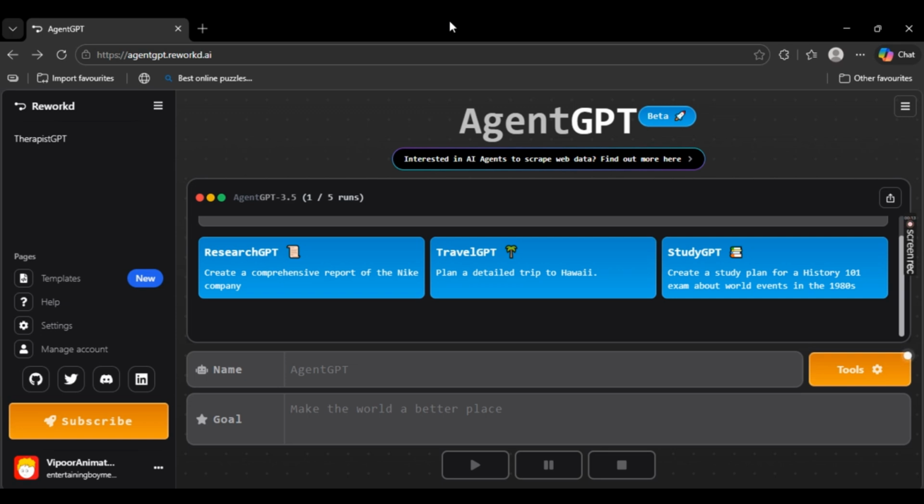Now, first things first, you can simply open up your Agent GPT website. As you can see right here, you can simply open up agentgpt.rework.ai and you should be right here. Once you're here, you can see your name and your goal by default, where you can simply create your agent. So before typing enter, before playing and making your agent, what you can do is